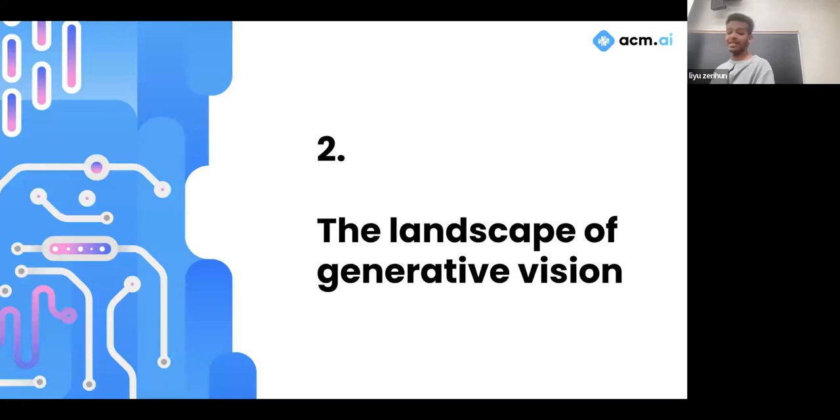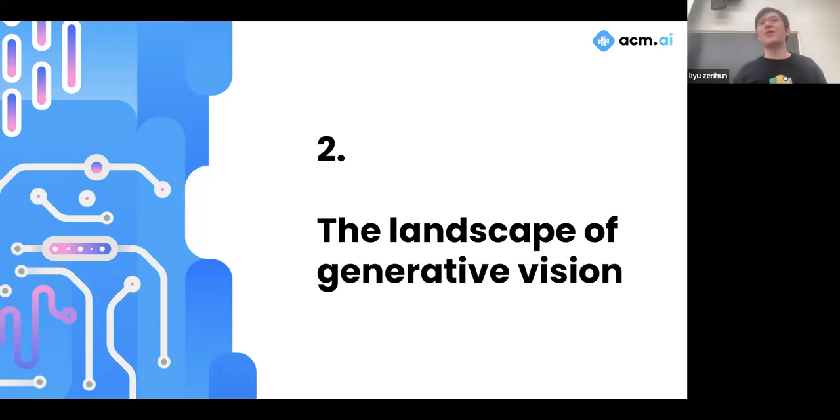So, the landscape of generative vision. Okay, so we're going to now talk a little bit about generative vision and how it started and the current landscape of it today. To give a little overview, we're going to start from something called variational autoencoders. I'm going to make our way to stable diffusion, or specifically latent diffusion, which is the predominant way that a lot of text to image generation is being done nowadays, what you guys think of as AI art.